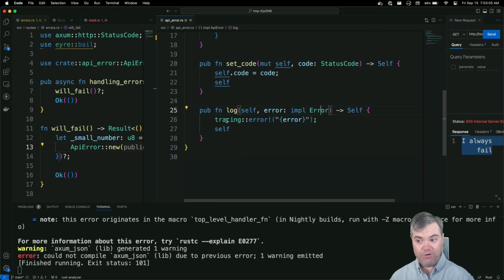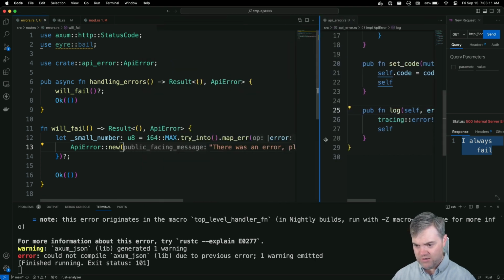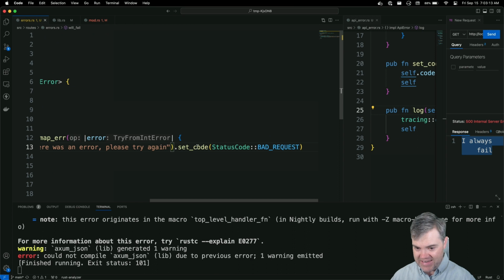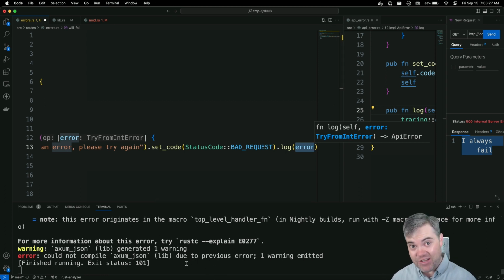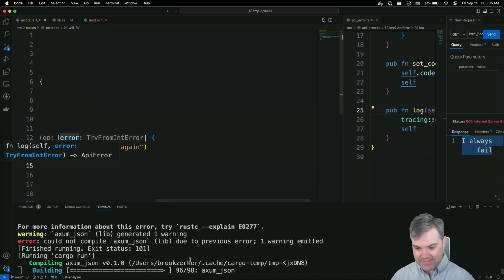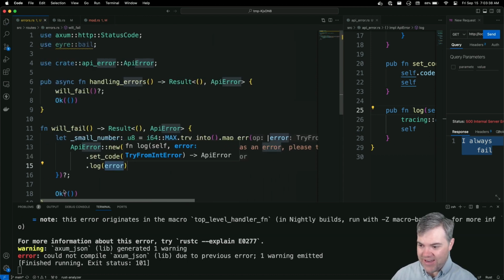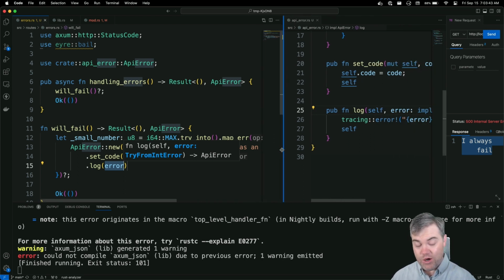All right, so that makes it happy here, which means over here, we can now add in after we set our code. Let's go ahead and log that. And then we pass in this error. So the one that's labeled the TryFromIntError, we're now going to actually see what that error is in our logs, but the customer isn't going to see that at all. So we've now protected ourselves, but we can still get full information. Excellent. And VS Code finally figured out that we probably want to put these all in one line, so that's nice.